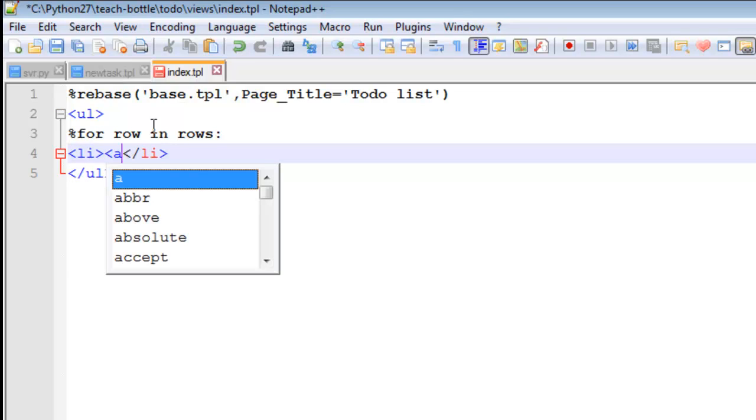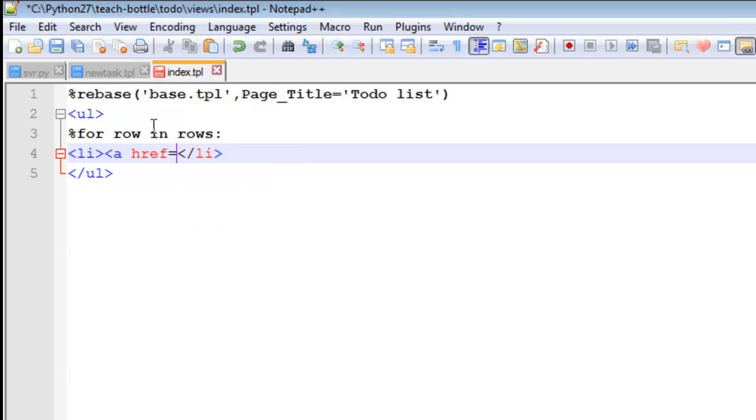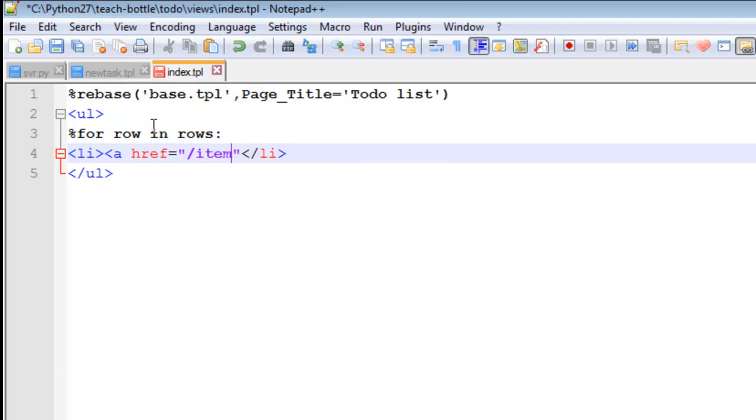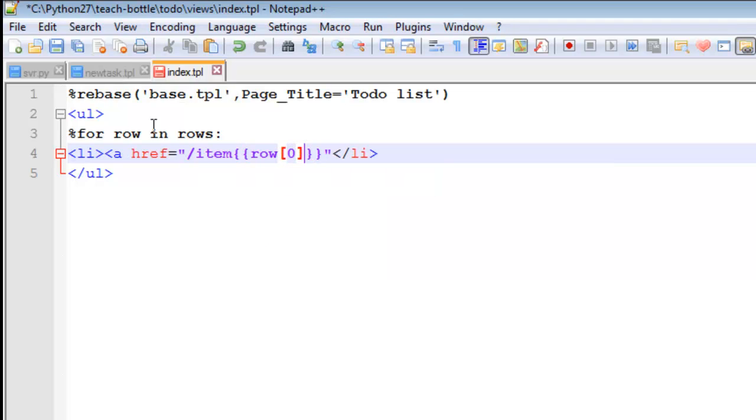Then we go A, href equals, in here we go item, we go row, square bracket 0, and close that, href, and then we go 2 curly